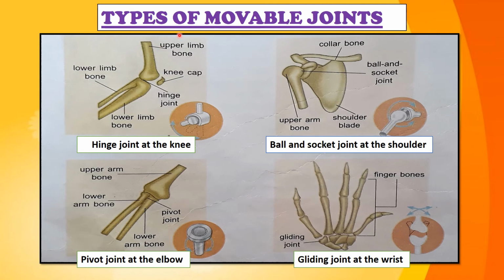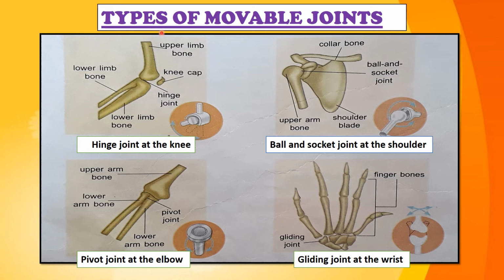Joints. The point where two bones meet is called a joint. There are different types of joints present in our body. These joints are responsible for different kinds of movement. Some joints allow fully fledged rotation of the body part, some allow just a partial movement, while some do not allow any movement. So there are two types of joints, immovable and movable. Immovable joints are present in the skull, except the lower jaw bone.